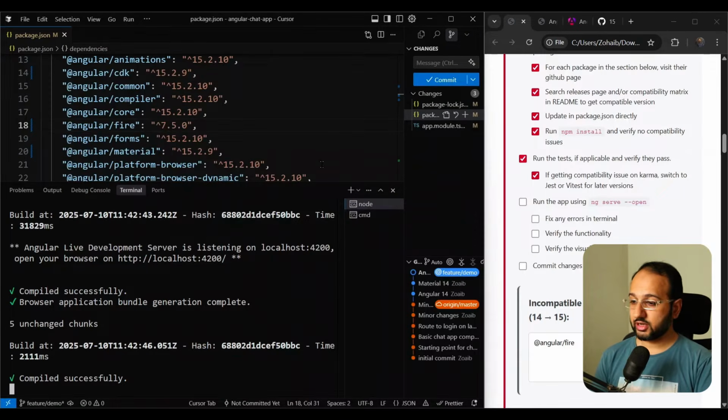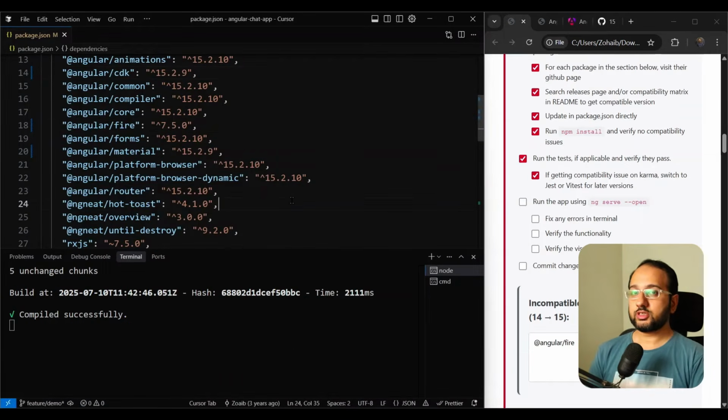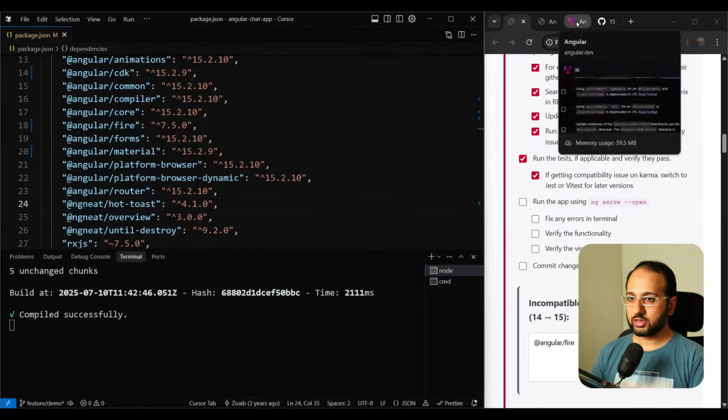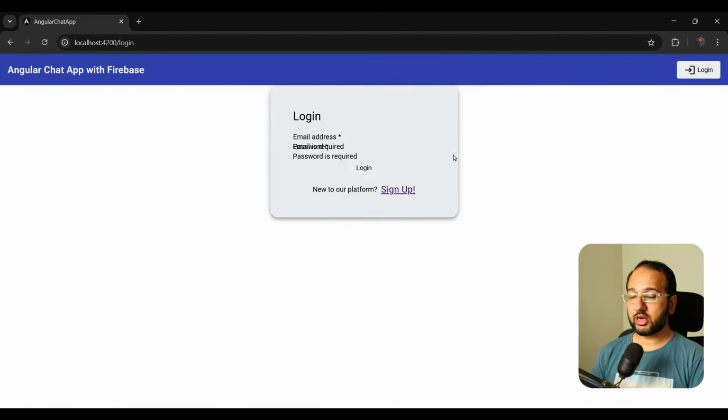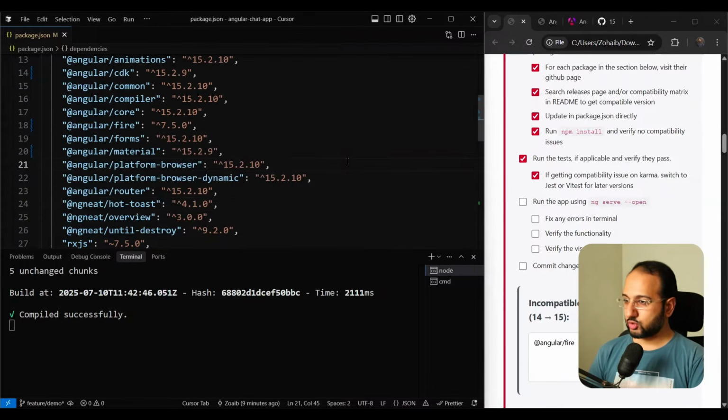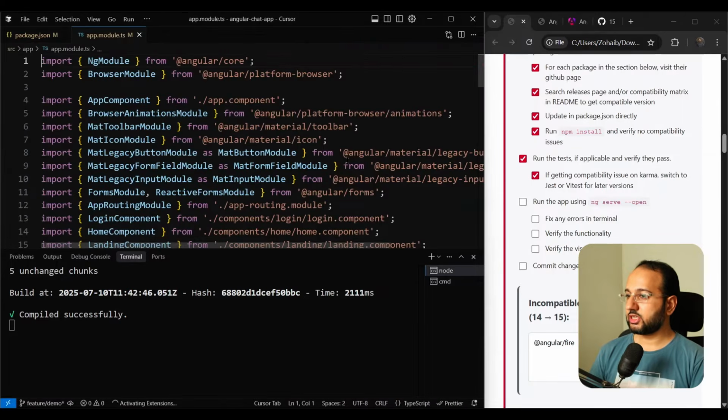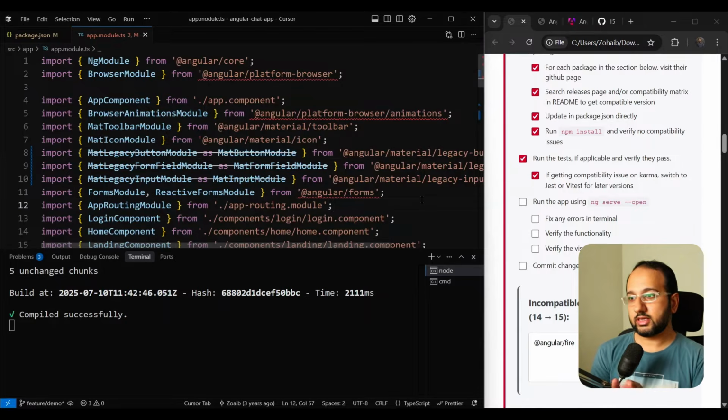Okay, so there are lots of issues here. Let's fix these. The first issue is that our components are not really appearing fine here. If we go to our chat application, you can see that our components are not rendering. That means it's not even recognizing the material components for some reason. So if we go to the app.module and see what changes there are,